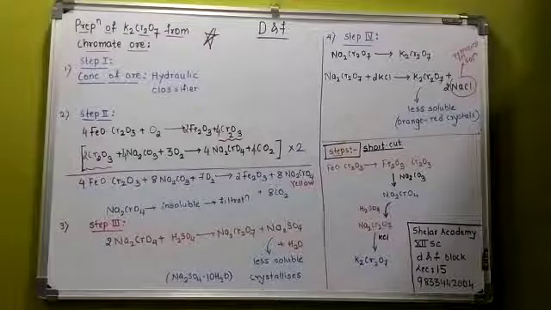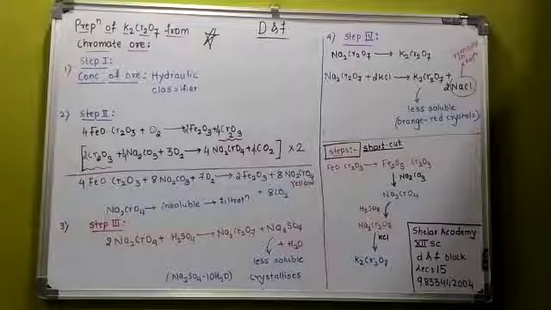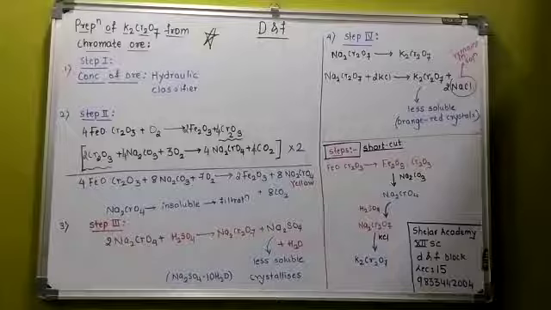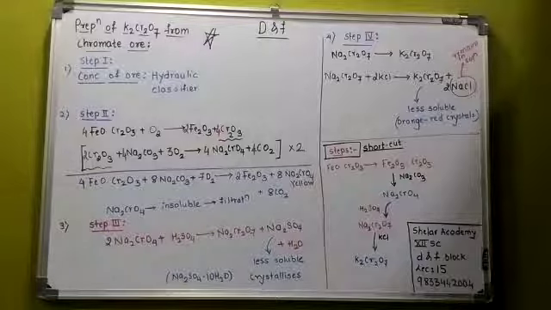It is 4. Hence we multiply this equation, entire equation by 2. I have written there. Multiply the equation by 2. Why do we multiply the equation by 2? Have you understood? So if I multiply by 2, I will be getting Cr2O3 वो 4 हो जाएगा, and then I can cancel that because they are present on the opposite side. So that's all we have done.